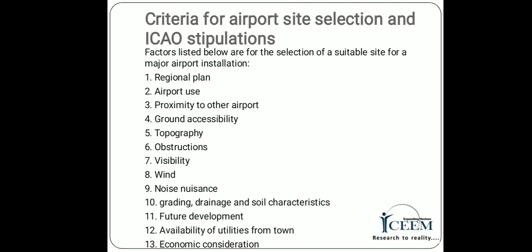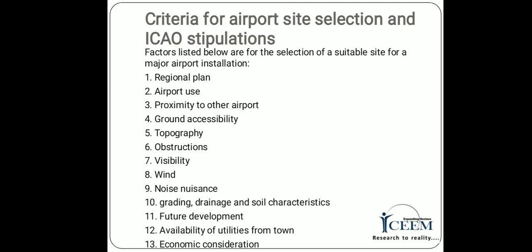Next one is visibility. Poor visibility lowers the traffic capacity of the airport. The site selected should therefore be free from visibility reducing conditions such as fog, smoke, and haze. Fog generally settles in the area where wind blows minimum, in a valley. Next one is wind. The runway is so oriented that landing or takeoff is done by heading into the wind. Wind data should be collected over a minimum period of about 5 years.